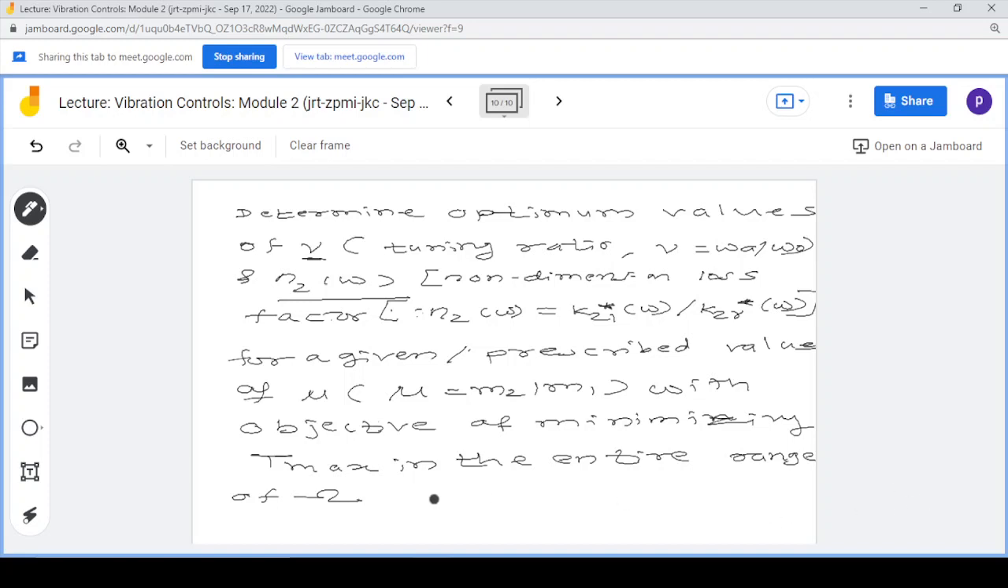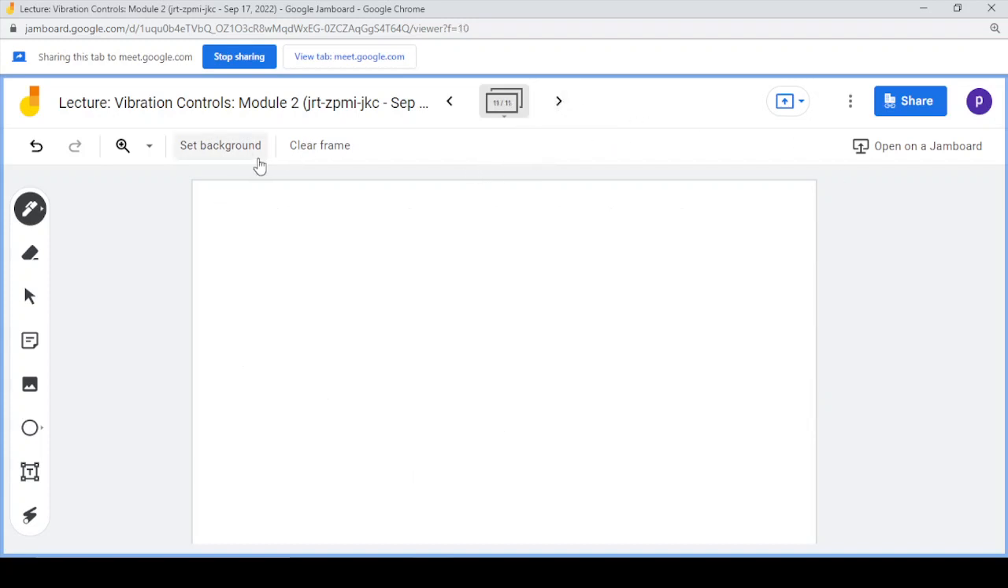And what is this omega? Omega is equal to omega by omega 0, right? So it is the ratio of the excitation frequencies. Now we can write down the equations. So the equations of motion for two masses,